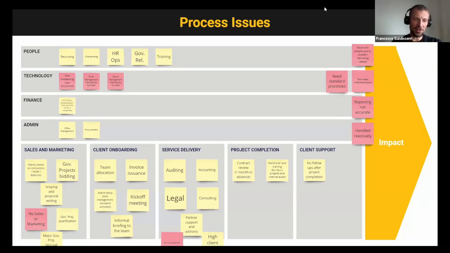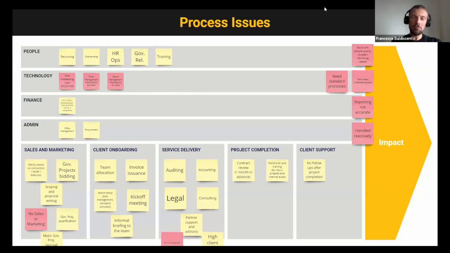So this is a professional services firm. There are several areas where there are some gaps. These are the red stickers. You can see that there is no sales and marketing function, and conversely, there are no dedicated tools for that. There is no specific onboarding for the tech, and no dedicated person. Asana is used for task management, partly used, partly not.